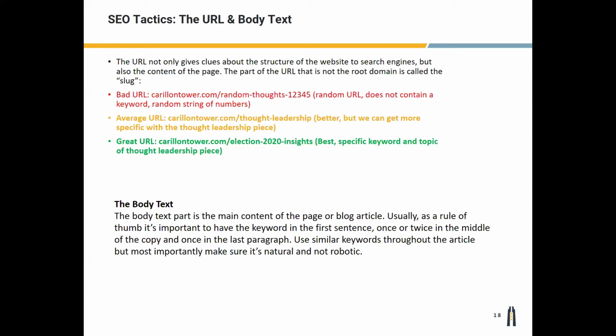So it's specific, it's your keyword, and you know exactly what you're talking about. Inside the body text of your websites or your pages or your landing pages, your major rule of thumb is to have your keyword in the first sentence, once or twice in the middle, and kind of in the last